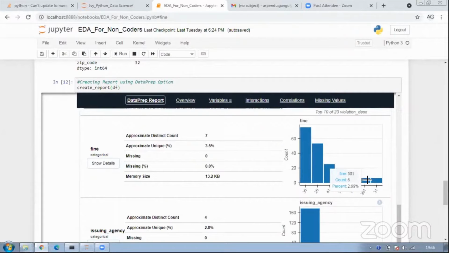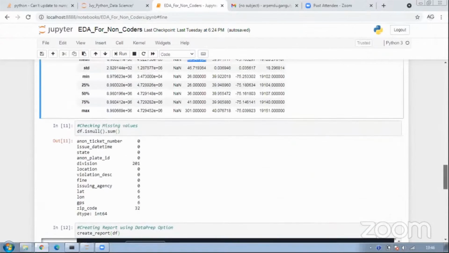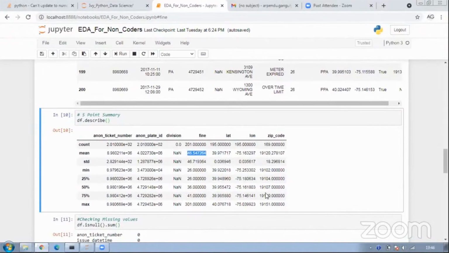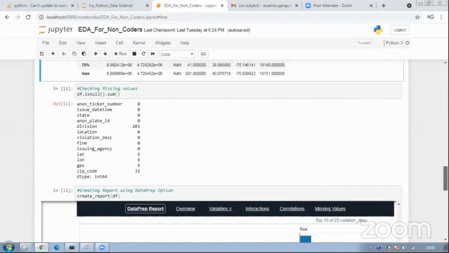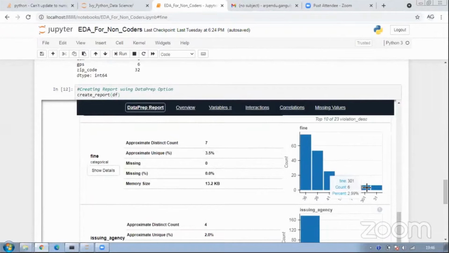Now when we said that fine had outliers, we know, okay, so these are the folds, the 6 folds, which is basically increasing my mean value, right? This is where you need to tie the points. So if you see my mean is 46 and my median is how much? 36, right? Why is it getting increased so much? It is getting increased so much because of the presence of these outliers, these 6 guys in here, which is basically increasing your mean value, right? Once you remove them, your mean value might reduce to the value of 36.